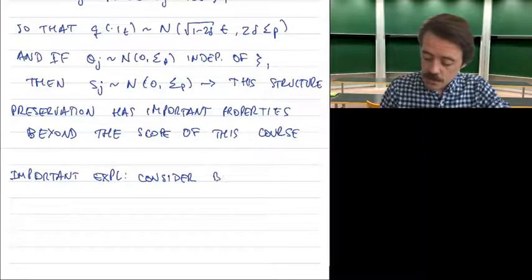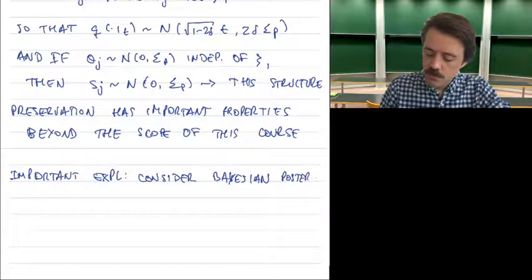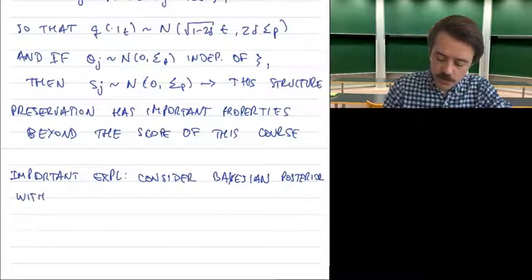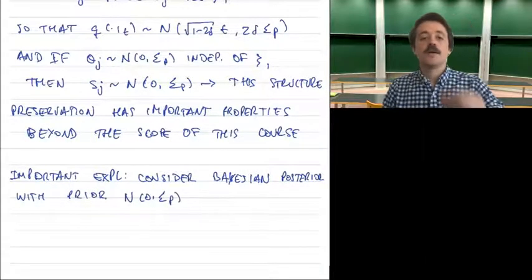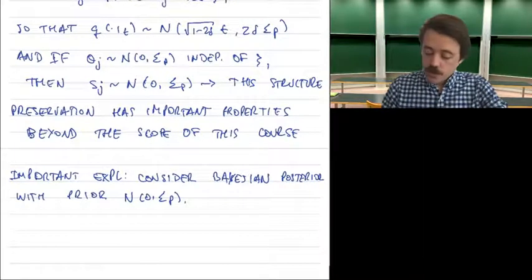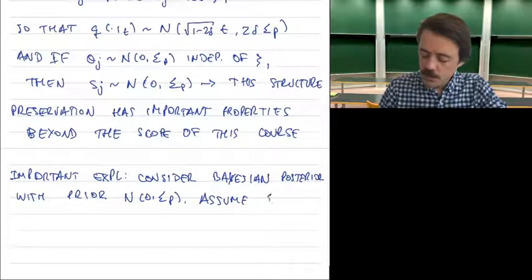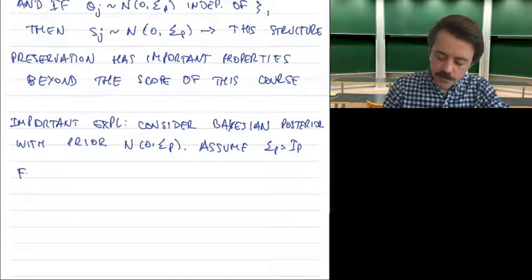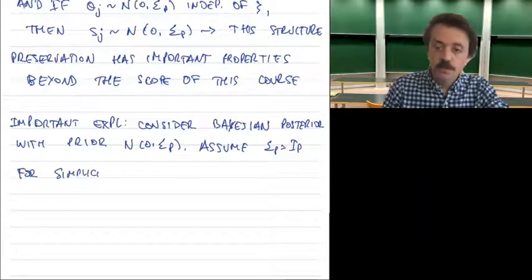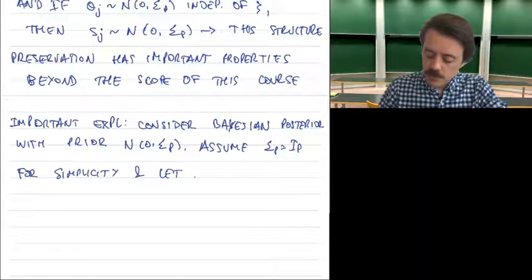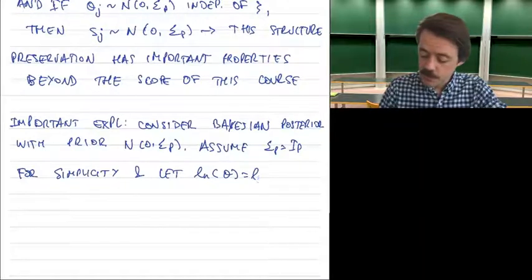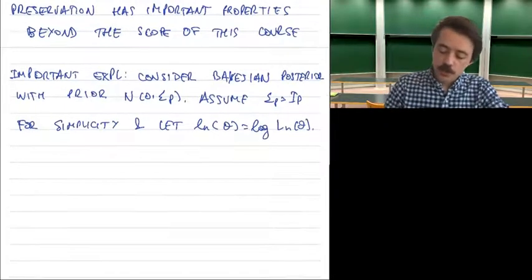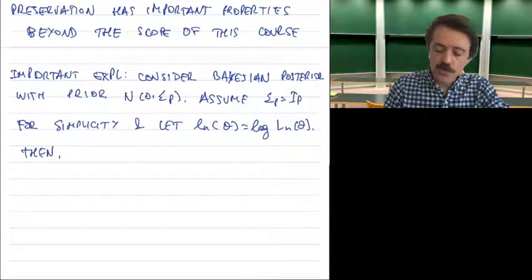And so consider the Bayesian posterior with prior given by this N(0, capital Sigma) distribution. Okay, so assume for simplicity in the following that this is just the identity. And let's denote the log likelihood by this small l_n(theta). So this is log, and then this is the likelihood. So then what we get, and this is something you should check, is that